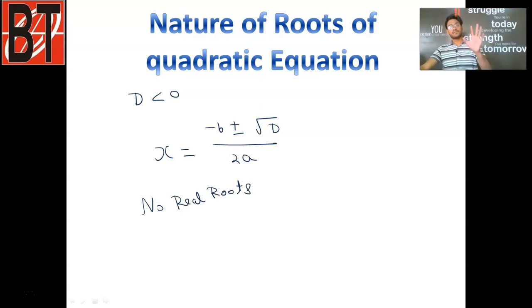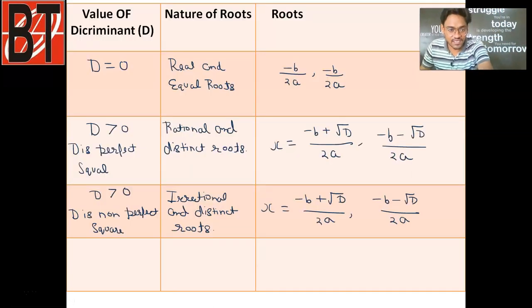So whenever the discriminant is smaller than 0, whenever b square minus 4ac is negative, then students we will say that this equation is not solvable because we are not going to get any real value of x. We will be getting the imaginary values of x. That is not our concern in 10th standard. So students, in the final case, when the value of D is lesser than 0 or negative, we will say no real root exists.